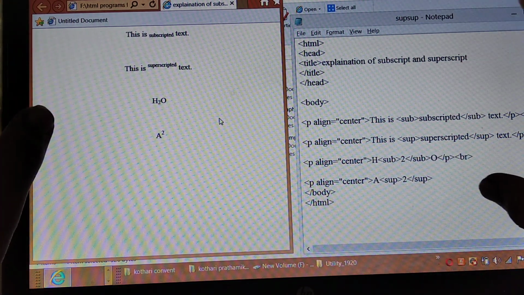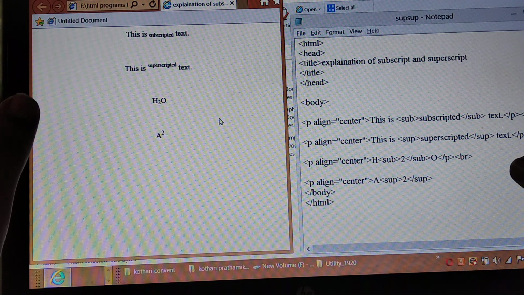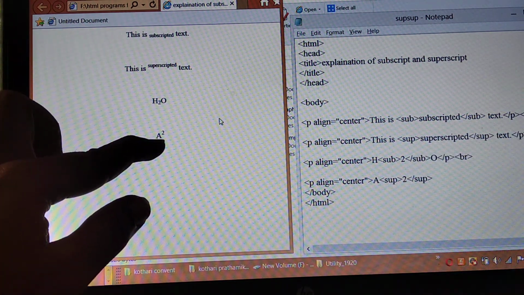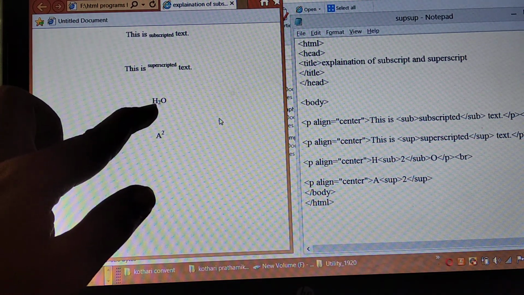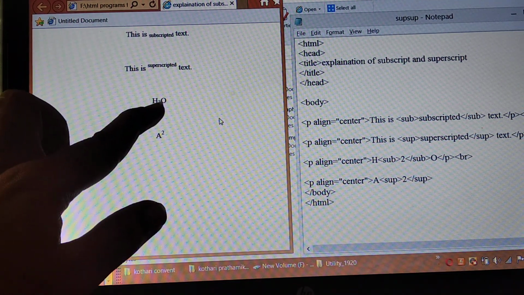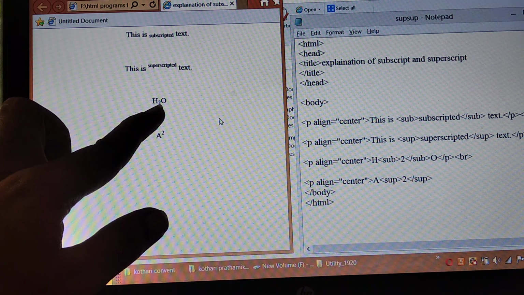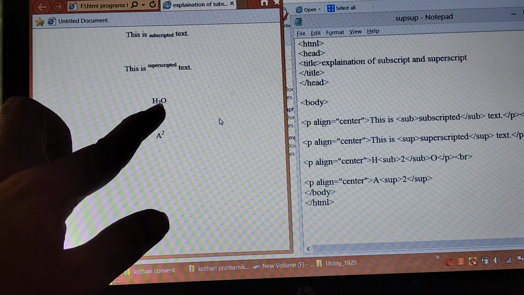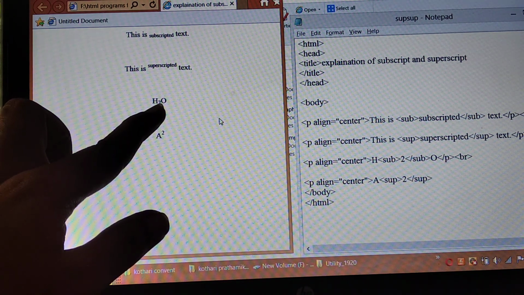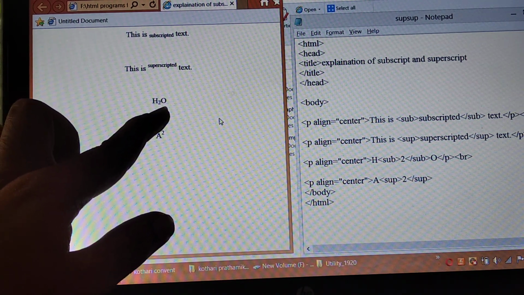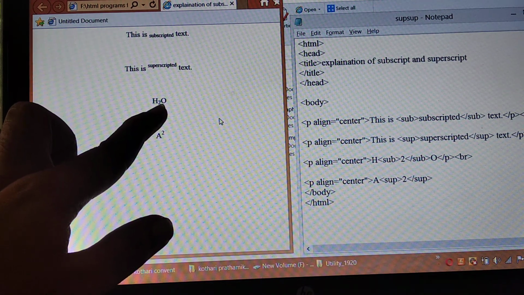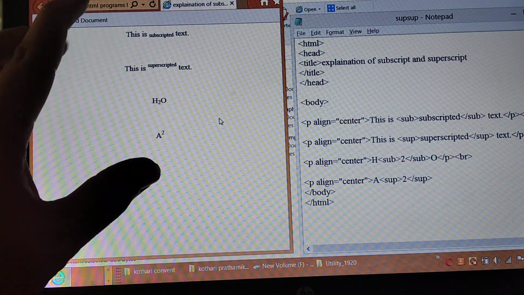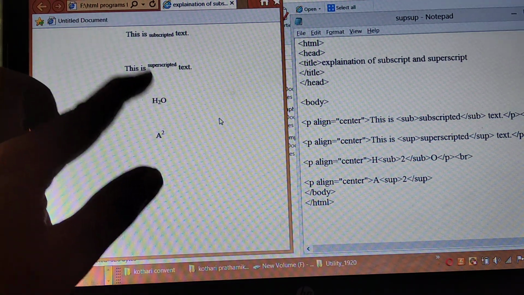H2O is the normal formula for the water, and if we want to display the A square, or H2O, so that time firstly decide the character will be displayed over the output screen whenever we use appropriate tag, means appropriate subscript or superscript tag before the text.